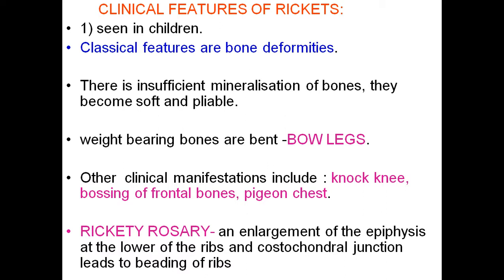They become very soft, spongy and more susceptible to breakage, which means fractures. So there is insufficient mineralization of bones, and they become soft and pliable. Weight bearing bones: you know that the body skeleton is made up of bones. The skeleton bears the muscle mass, other tissues, everything. So the bones are responsible for carrying the weight of our body. If weight bearing bones are insufficient in vitamin D, there is insufficient mineralization, so they are very soft.